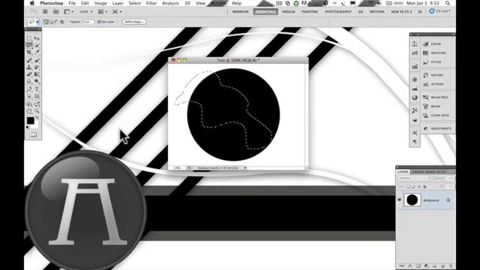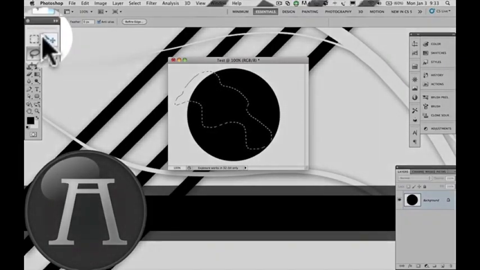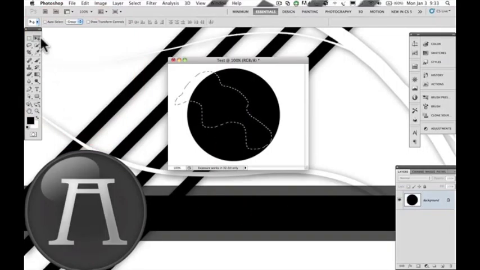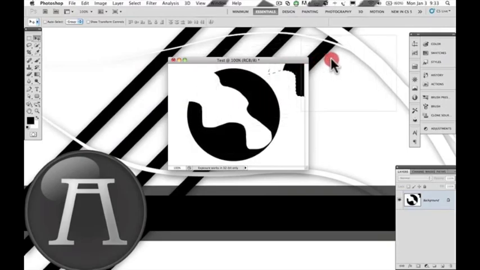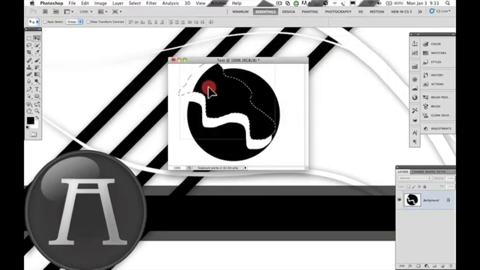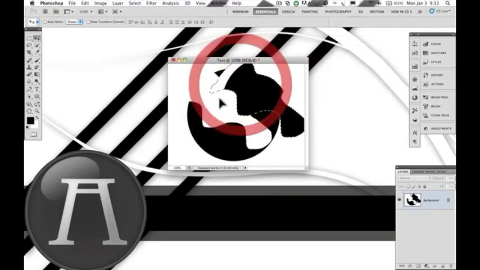So if you have detailed work and small little things you need to pull out, or an odd shape that you need to pull out, or even if you want to make an odd shape in something that already exists, well, there you go. And of course, you can come up here to your move tool, and you can move that around, and now I've got a white background again, and we have that weird shape in the center of it. Okay, so